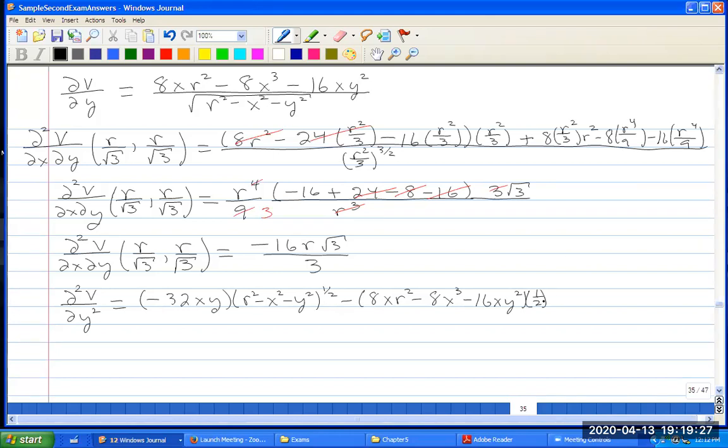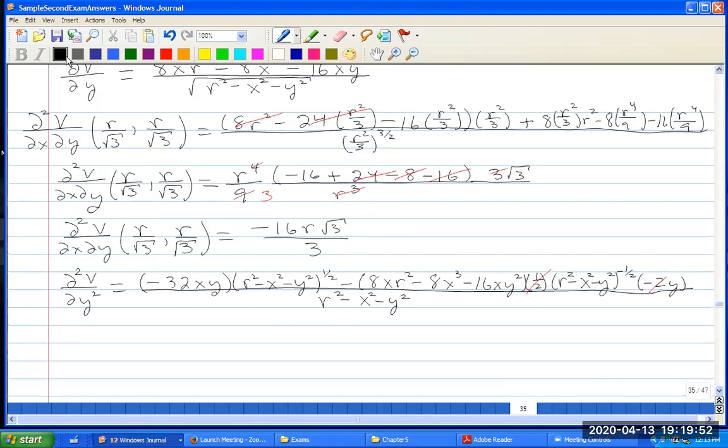So bring down the exponent, rewrite what's inside to the power of 1 less, all times the derivative of what's inside, all divided by the denominator squared. These cancel. And so this is equal to,